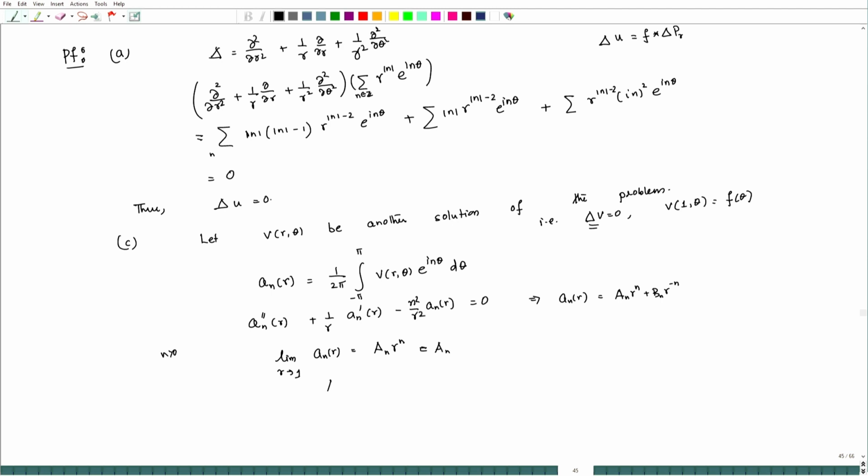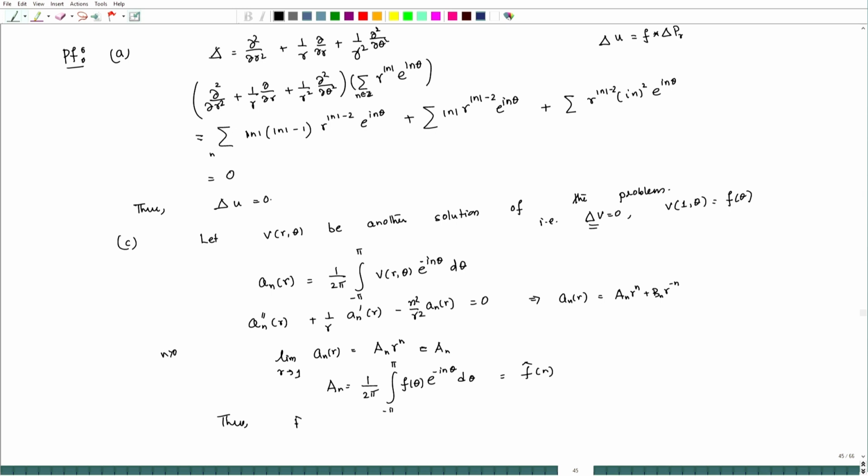Now, what is this? a_n is equal to 1 by 2 pi, integral from minus pi to pi of v(r, theta). As r goes to 1, it is nothing but f of theta times e to the power minus i n theta d theta. So, this is nothing but the Fourier coefficient of n. Similarly, we can get for negative n, b_n is going to be the Fourier coefficient as well. Therefore, thus